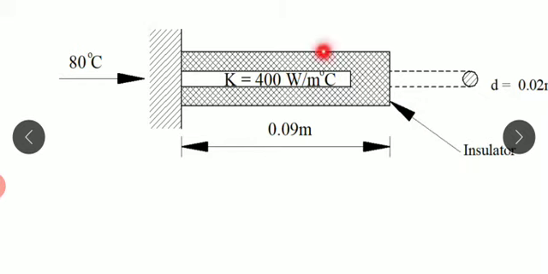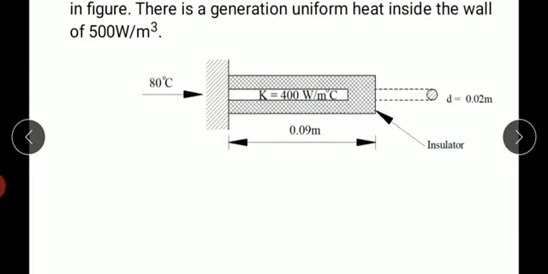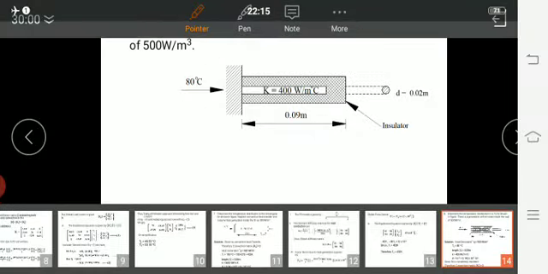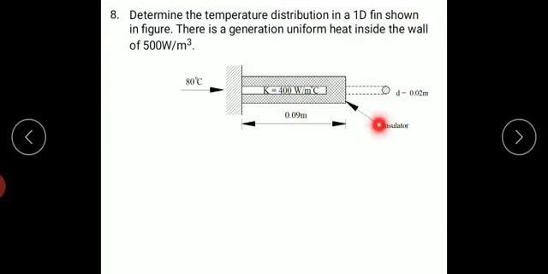This is the insulation, the mesh whatever I specified. The diameter of my fin is 0.02 meter. Okay, fine. So here he has clearly specified in this problem that it is an insulation. In the previous problem he said there is no heat transfer. So the meaning of both is the same: insulation and neglecting heat transfer are nothing but insulation. In this problem he didn't say to neglect the heat transfer, but the condition is insulator. There is an insulator throughout the fin, so definitely there will be no heat convection.